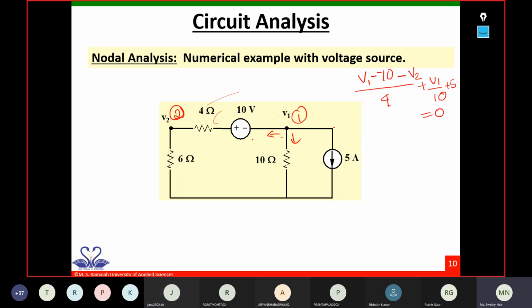Right? Then second, this node equation. Ma'am, this is going like this, traveling from minus to plus, right? No. In nodal analysis, don't think the way we have taken in mesh analysis. See, we are telling at a point voltage is V1, that means plus V1 is applying there. You got my point? Yes, ma'am.